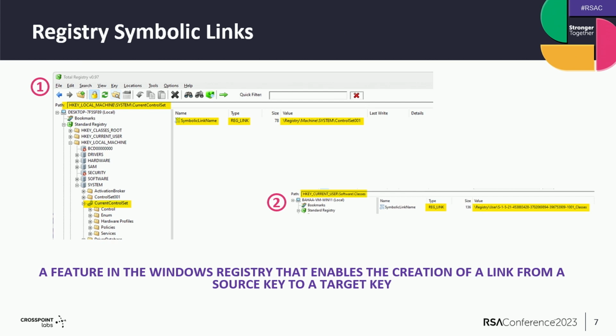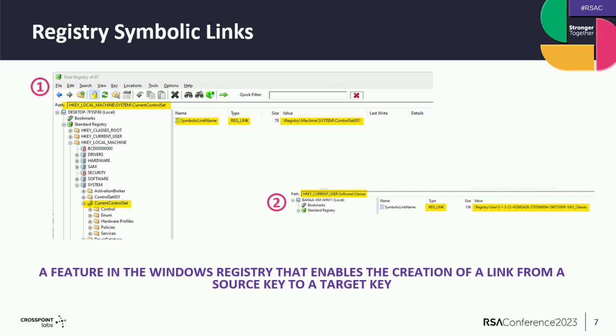Basically, you mirror the target key at the source location. One example you may have interacted with is CurrentControlSet. That typically redirects you to ControlSet001, which is the last control set that Windows was booted with. It could also redirect you to ControlSet002, which is the last known good control set that Windows was booted with.